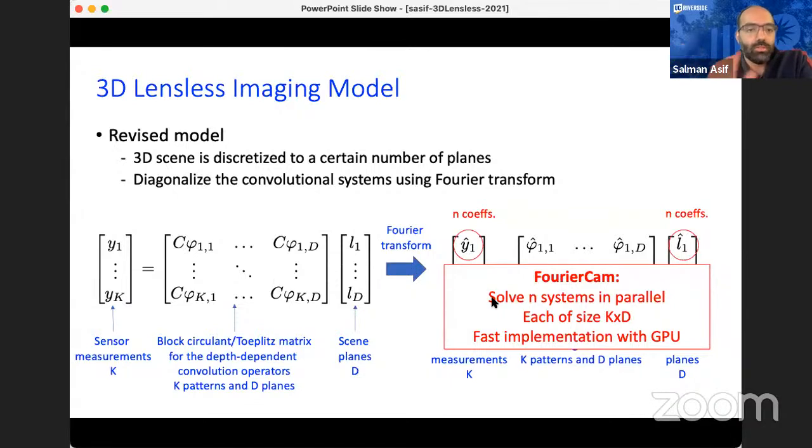Each of them is of size K by D, where K is the number of sensor mask snapshots that we are getting, and capital D is the number of depth planes that we are assuming in the scene. And then we can implement this using a very fast implementation in some